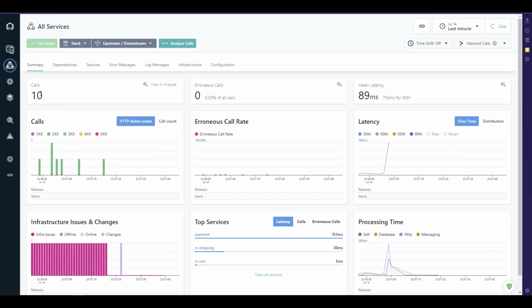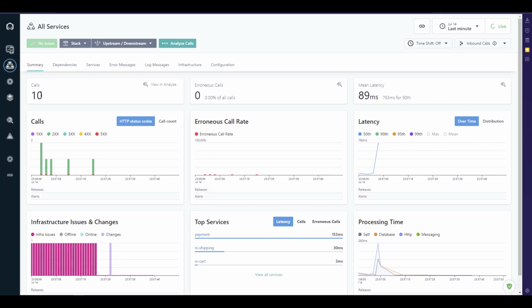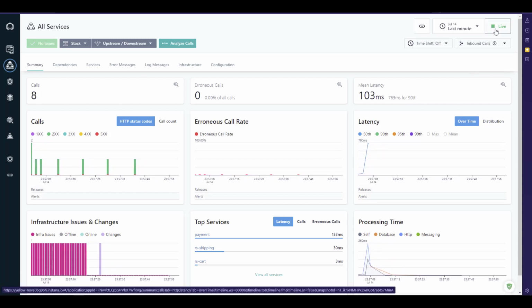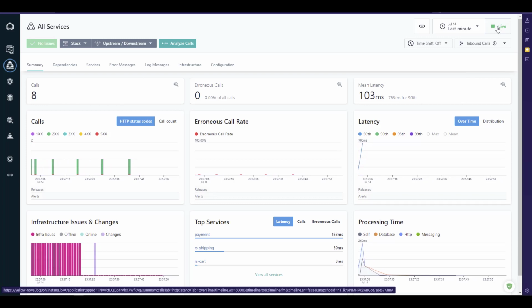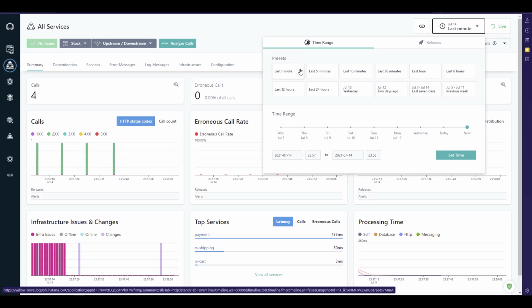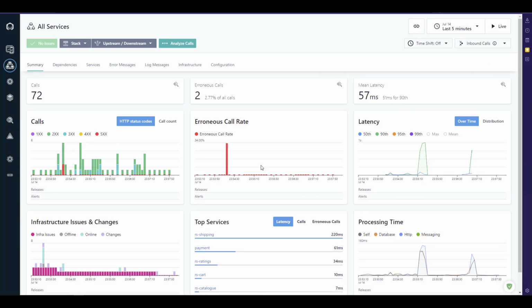On the left side, we can see the number of calls. Just now we have sent some calls, so it is displaying the HTTP number. In the top right, you can see there is a live streaming option. If you check this box, it will stream live, or you can go back using the time presets. Now let us click on last 5 minutes and see what's going on in our application.